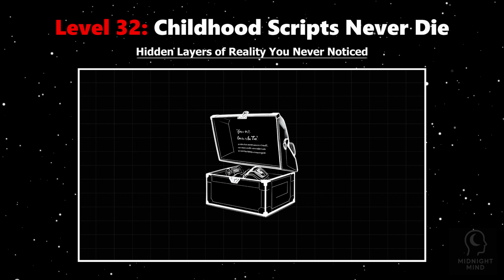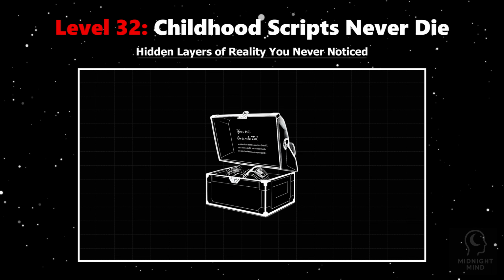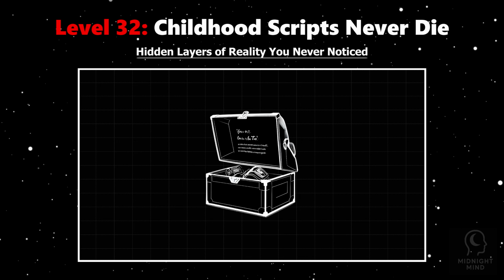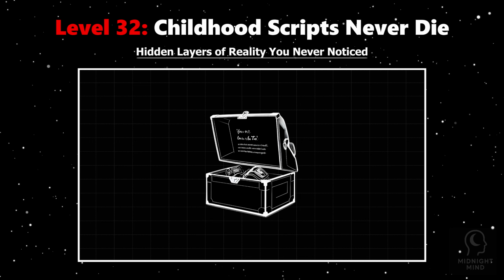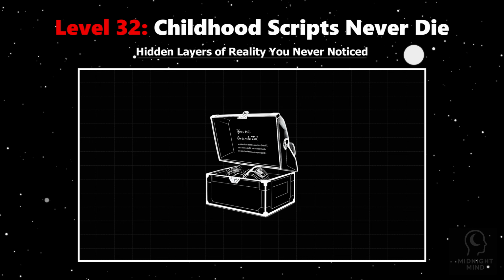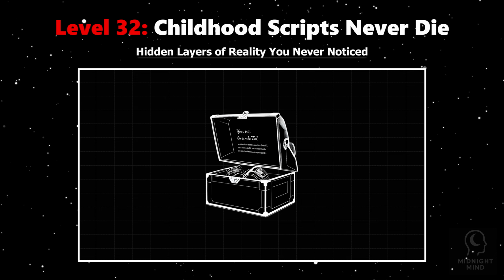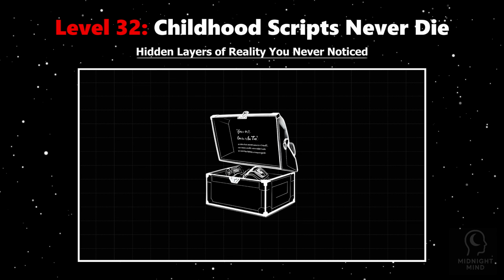Neuroscience shows that early experiences shape neural pathways that become the foundation of your emotional and behavioral patterns. These early scripts are formed during critical developmental windows when the brain is especially plastic. They embed expectations about the world and yourself, often without conscious awareness. Psychologists explain that even when you consciously challenge or rewrite these beliefs, the original neural patterns persist beneath the surface,